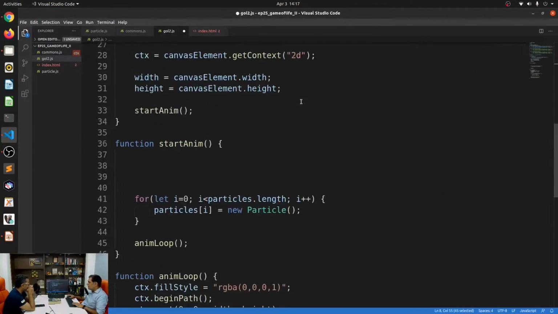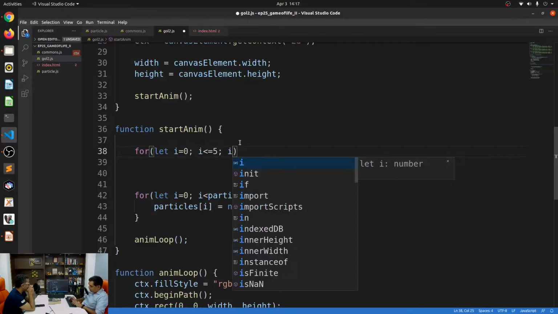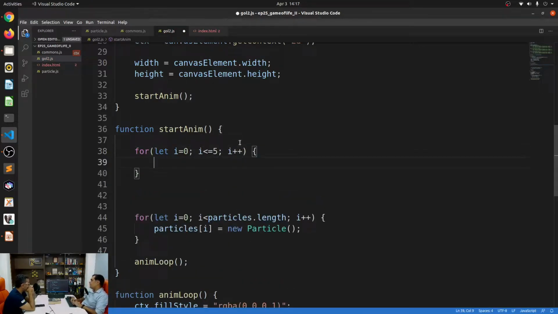So we'll say for let i is equal to 0, i less than or equal to 5, because we need from 1 to 5. i plus plus, and we'll say let interaction list is equal to this one. This will go and sit inside that particle thing.